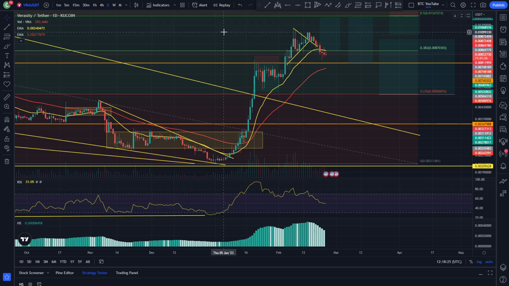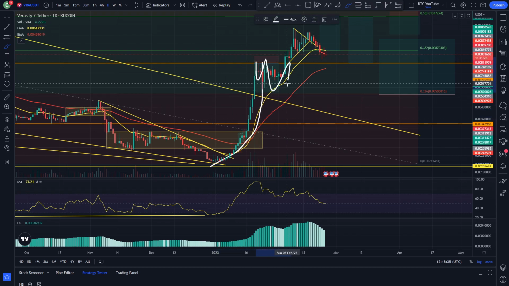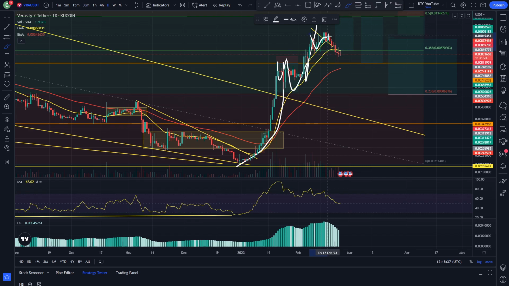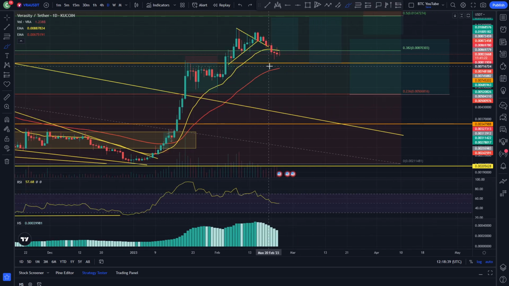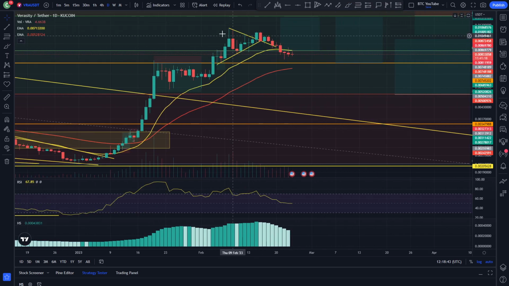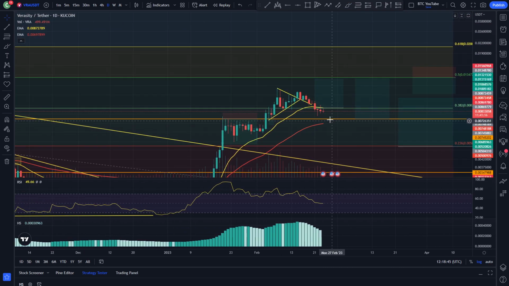Just a little bit of consolidation, a pullback, and a little bit of a breather after such a very long parabolic move for Verasity here. You can obviously see the mad hockey stick, consolidation, another continuation, and then you can see here it started to run out of a bit of steam up here. So we've come back down, haven't we? You can see pretty clearly on the chart what has been going on here.